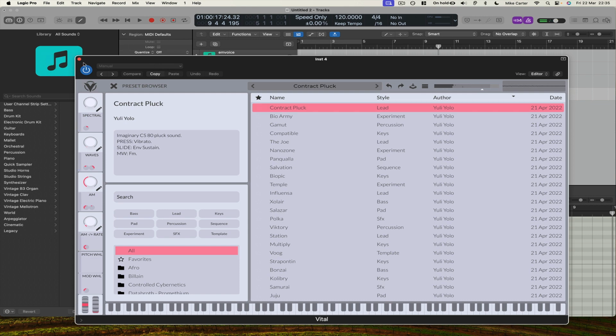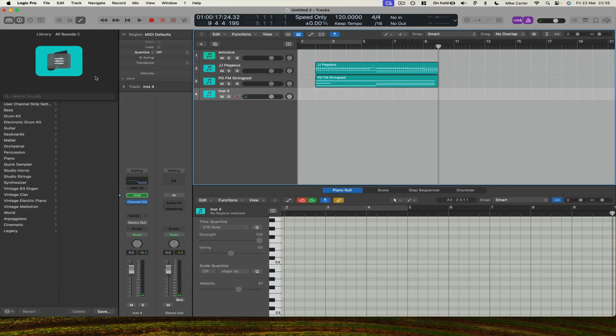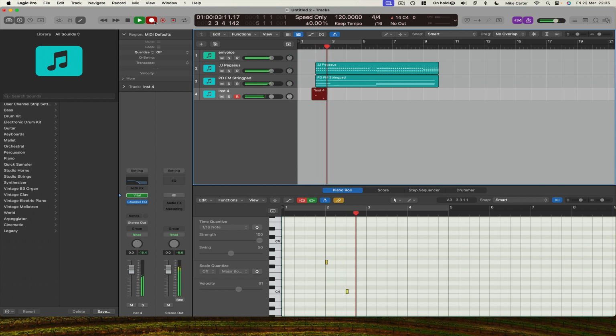So I'm thinking of an arpeggio going up and down in the background. Let's play that in. Now it's summer. I can hear the waves